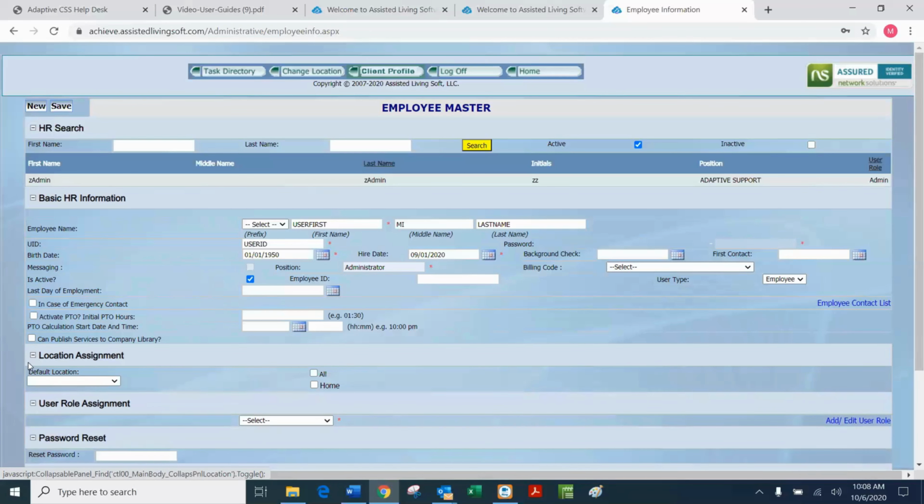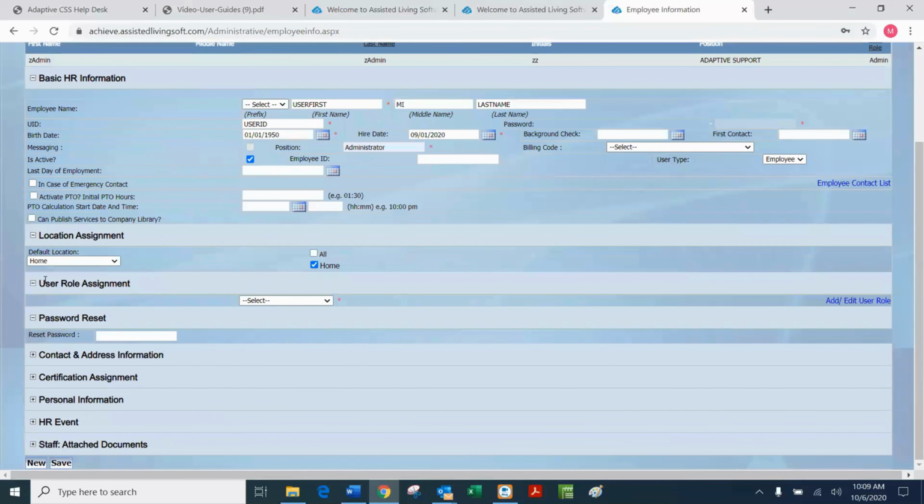You will select which locations the user has access to. So if you have multiple locations, you'll see them all set up here. You'll select the ones that they have access to. You will select a user role. So if it's a direct support professional or a nurse or an administrator, these roles have different abilities in the